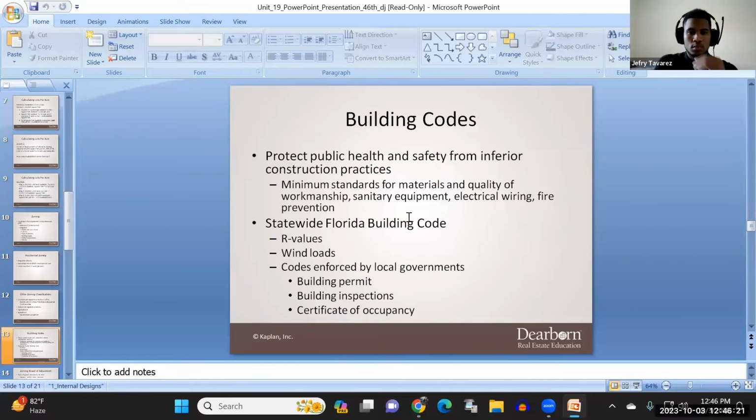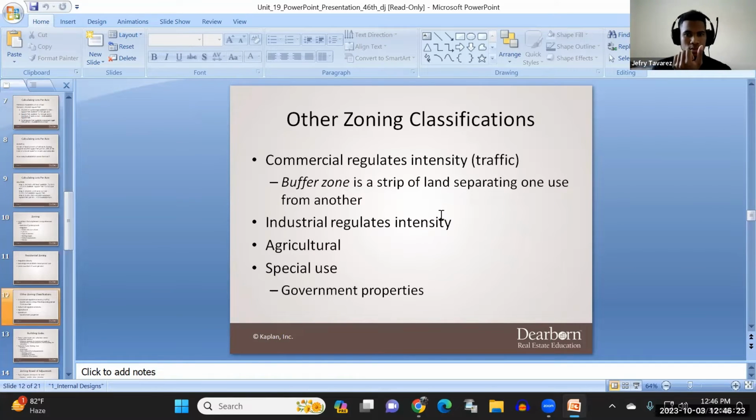Question on that last one. On the buffer zone, are they always government owned properties? It's just strips of land. Usually it's part of the planning. When you buy the land, it's usually owned by the person that has the businesses, but it's a buffer zone. Nothing can go in it, or the government may own it. It could be privately owned. It could be publicly owned. It just depends. There's no rule to it. It's just a zone where nothing can be put.